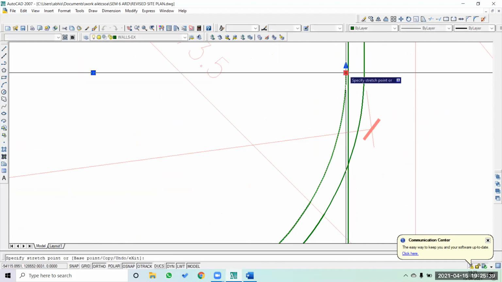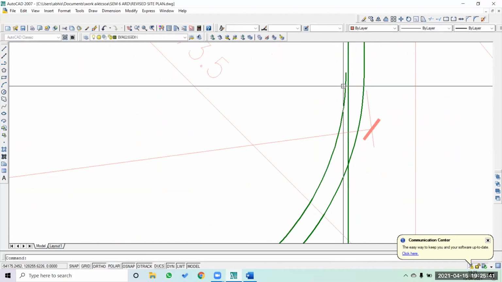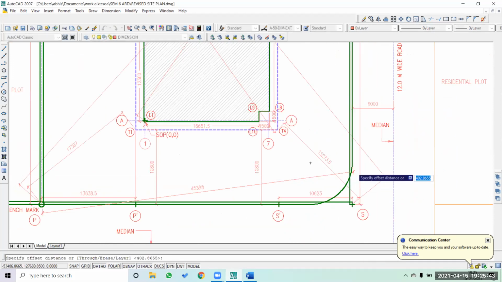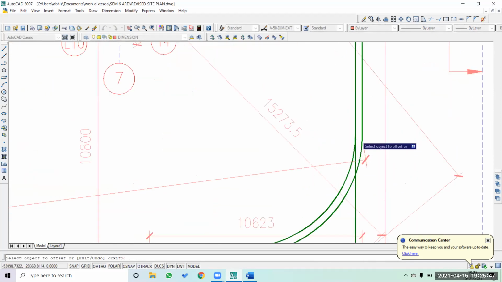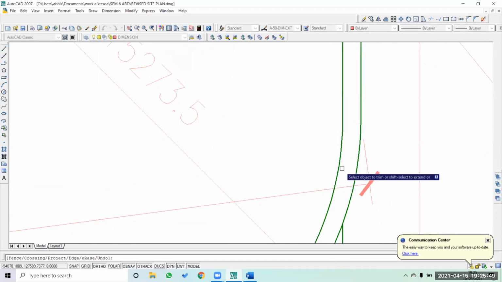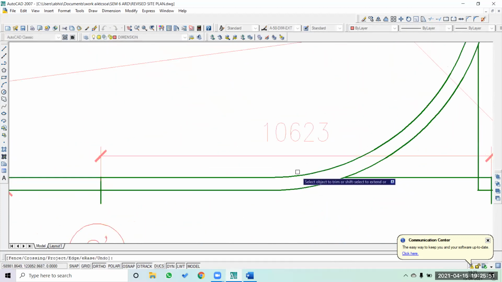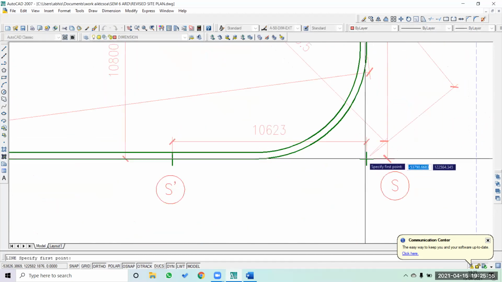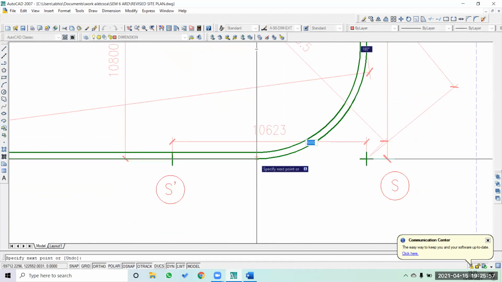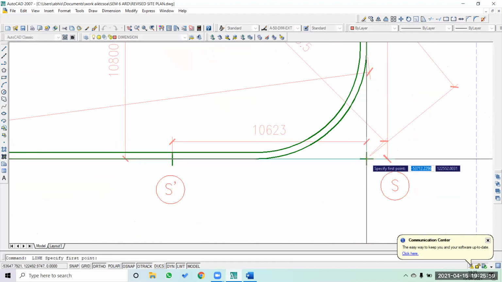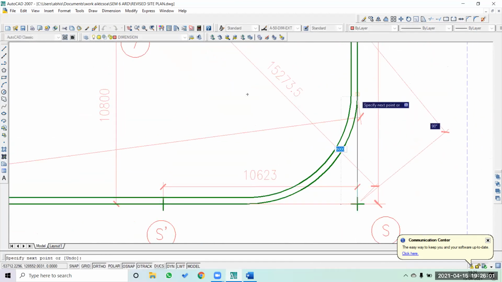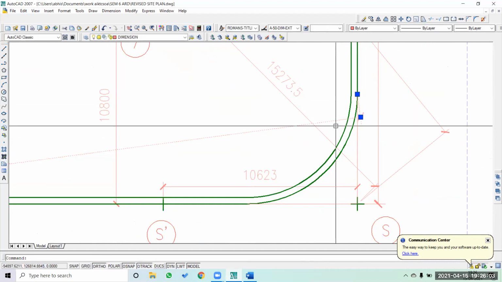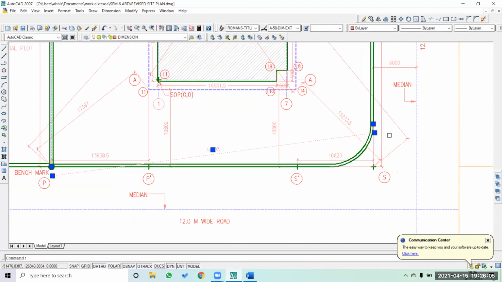Something went wrong. Offset of 350. Yeah, and then I'm going to simply trim these lines and delete this. That's why I wanted to have this particular plus symbol. I'm again going to reconstruct this line.